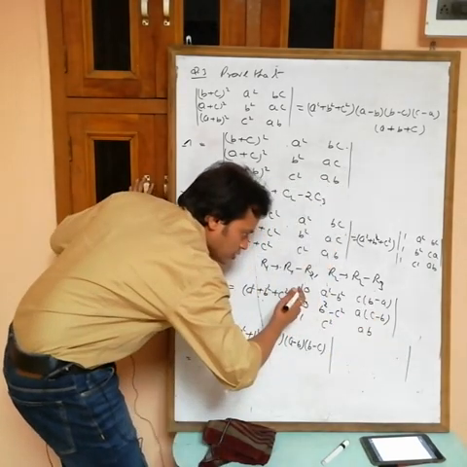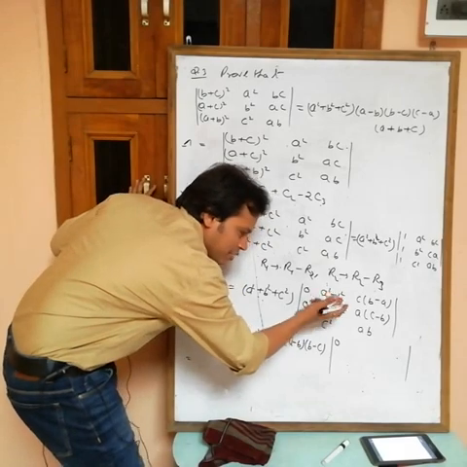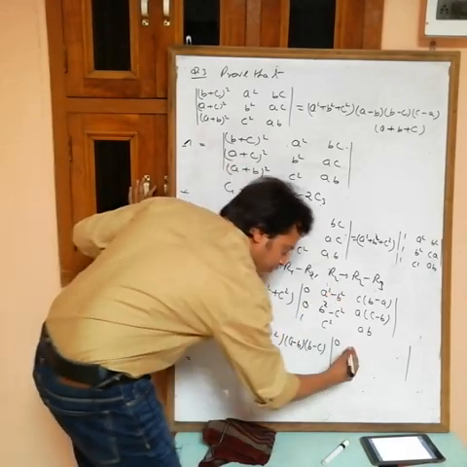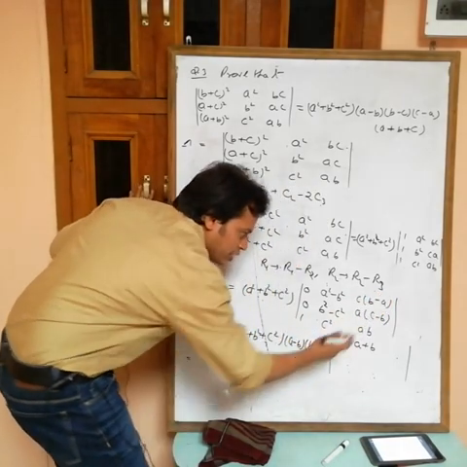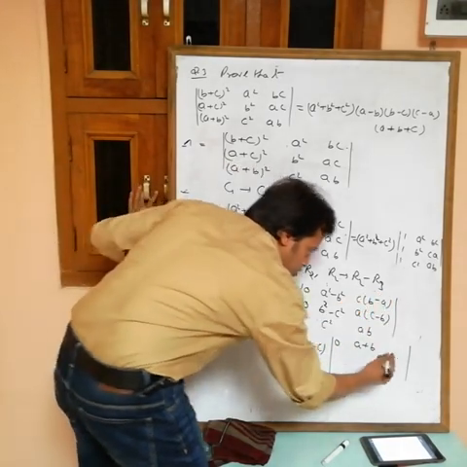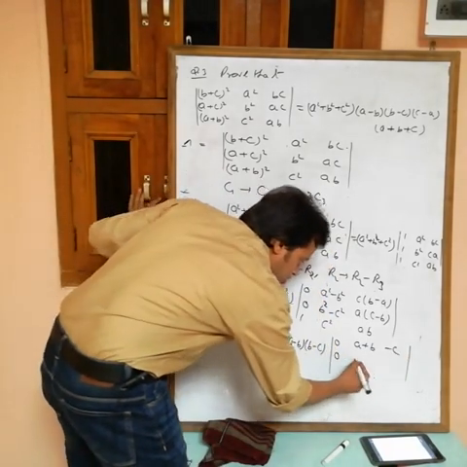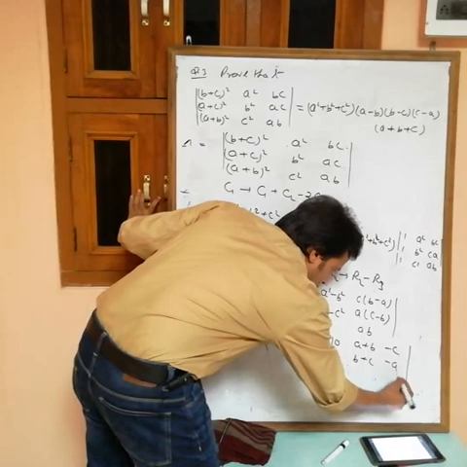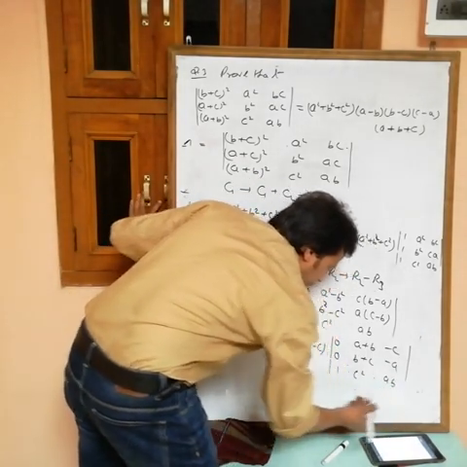We are taking one a minus b from this one. From 0 take common anything, doesn't matter, 0 remains 0. From a square minus b square you are taking common a minus b, then what remains? a plus b. From c into b minus a you are taking common a minus b, it means I have to write minus outside, so minus c. From this one we are taking common b minus c, so b plus c remains, and this one is minus a. Okay, 1, c square, ab.